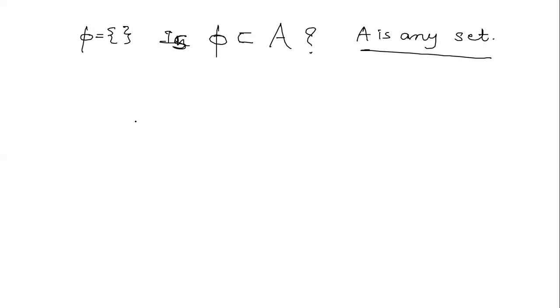No, sir. No. Okay. Will anyone like to add? Now see, phi means I have written the brackets, but there is no element in this. And suppose A is a set which contains two elements X and Y. So can I say subset? In this box, can I put the symbol of subset?